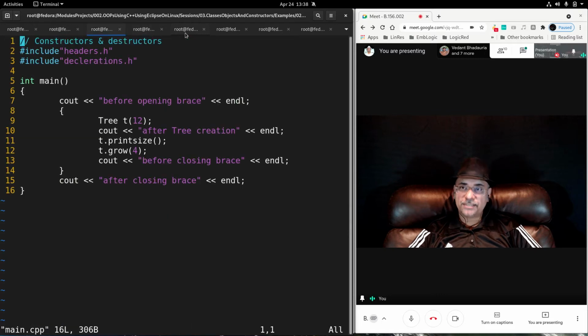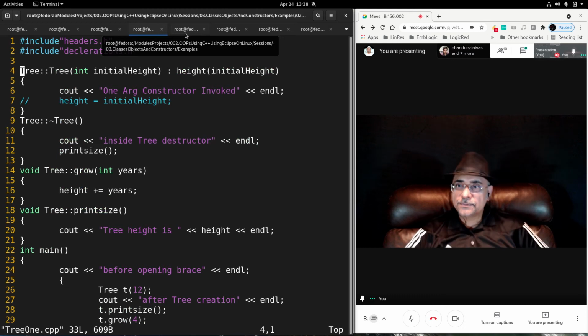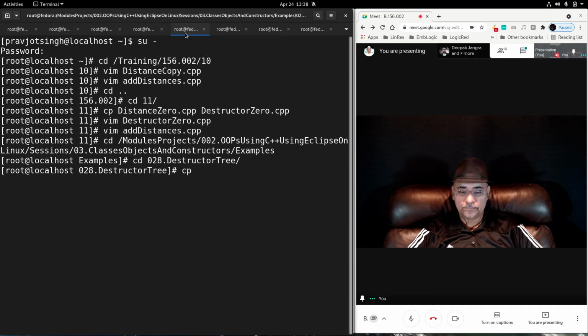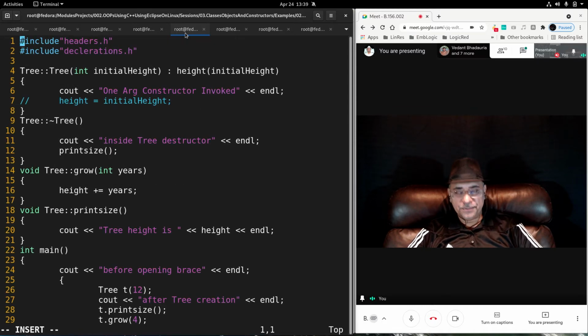No. So let's write grow function. grow.cpp. In grow.cpp we will have this grow function and nothing else.